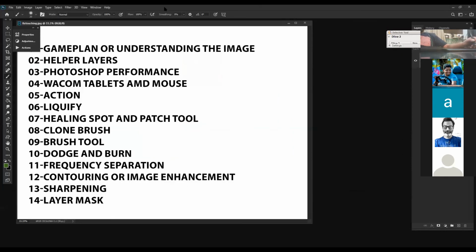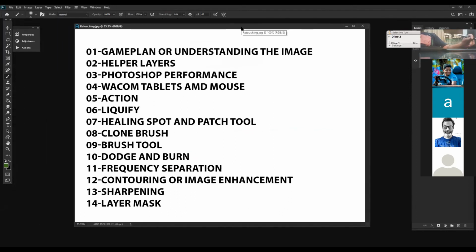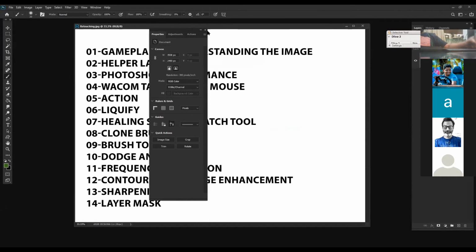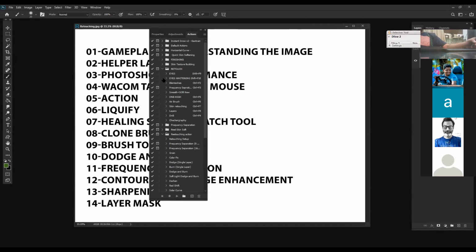So now let's come on to actions. What are actions? Basically actions we make, especially for the checker layers, for dodging and burning. I will give you a list of actions that I have made. I will just show a few things because when we do the next 4 days, I will show one by one what actions we can use. So basically the kinds of actions that I use